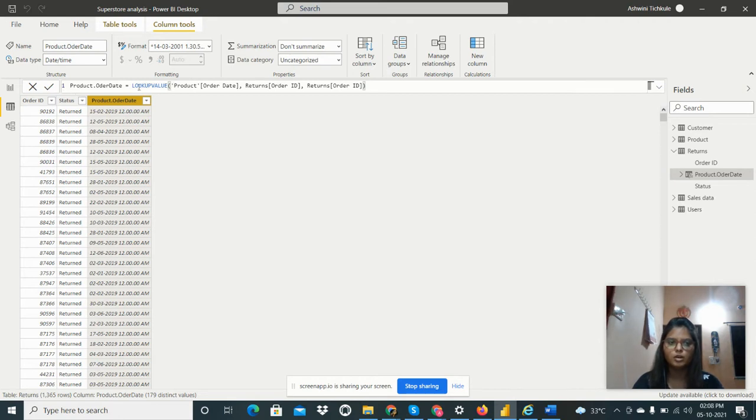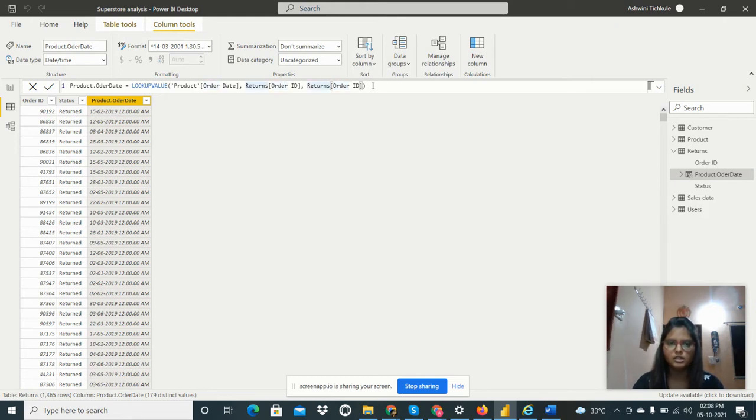By using the lookup value function, product order date equals lookup value. I created this column with the lookup value function, and it returns the particular value. I added the product order date and the returns order ID.